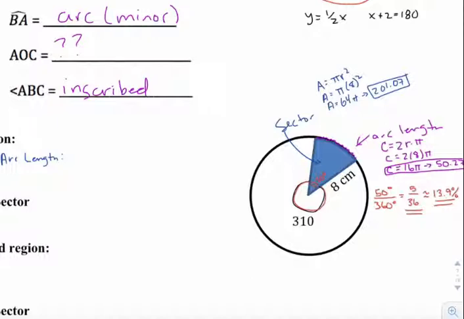So we already established that 50 degrees is 5/36 of the angle. We know the circumference is 16 pi. So when I multiply that all together, 16 pi being circumference, 5/36 being the portion of circumference,